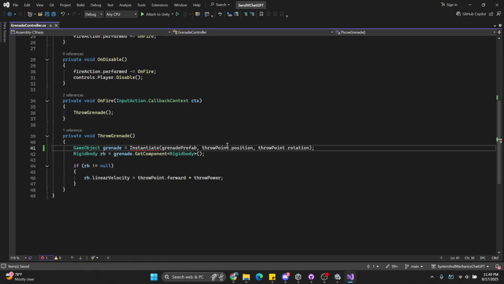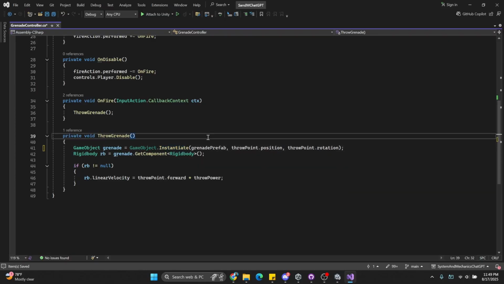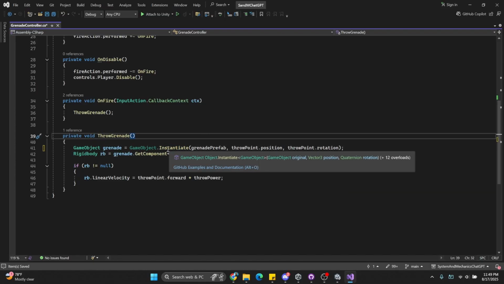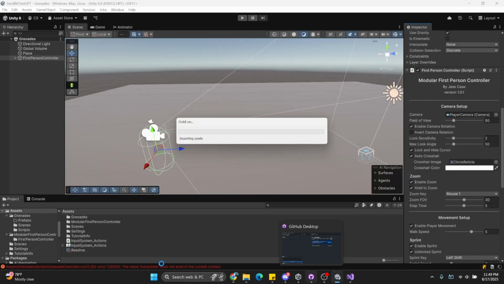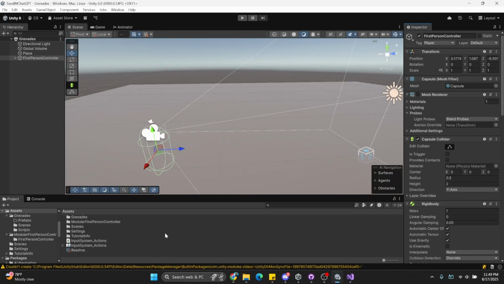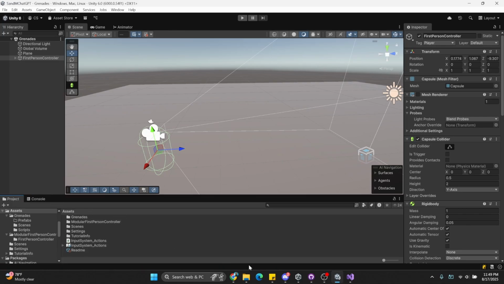Instantiate game object. Oh, but it works that way? Well, okay. Well then, we'll keep it that way. That's funny. Anyways,